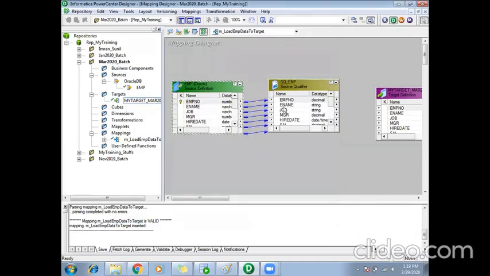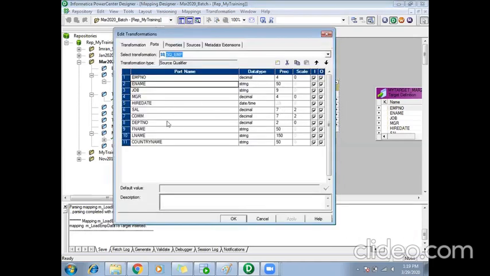Now if I go to the source qualifier, you can see I can make changes here. Everything is enabled. If I want, I can remove columns, and I can add anything I want. One thing to remember here: if you observe employee number, the data type is decimal. It's not number anymore.